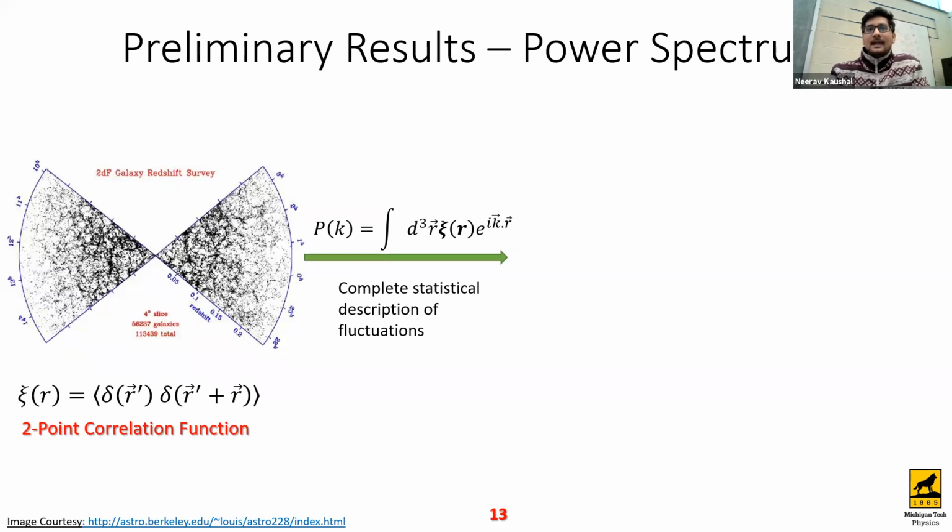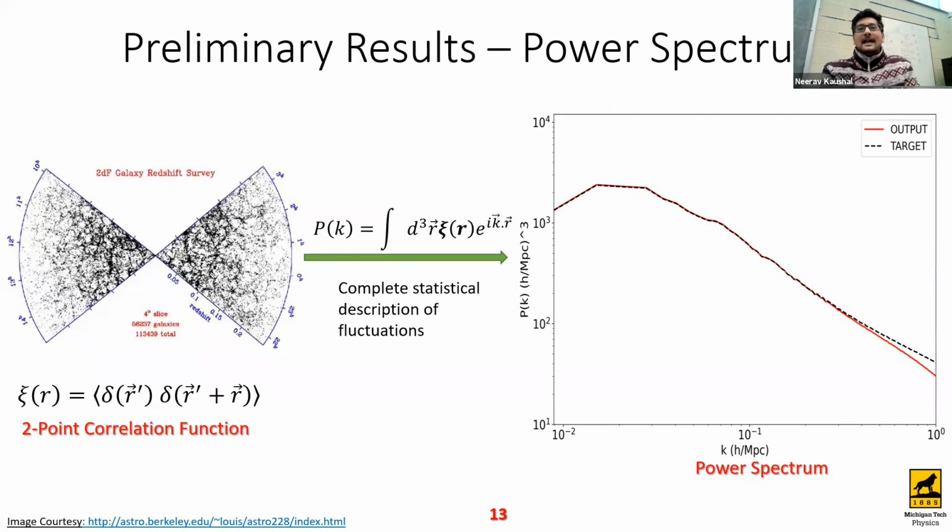Next. The Fourier transform gives us an extremely important statistic in cosmology, which is the power spectrum. The power spectrum gives you the distribution, or the power, of structure on different scales of the universe. At the left end of the x-axis, we have lower numbers, which actually mean larger scales. And at the right end, we have the smaller scales.